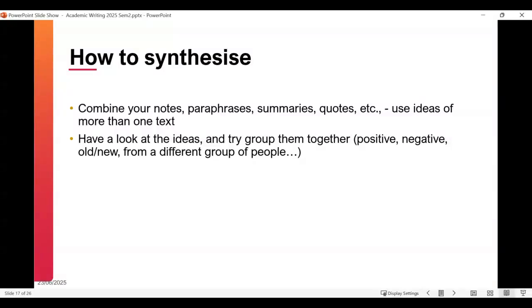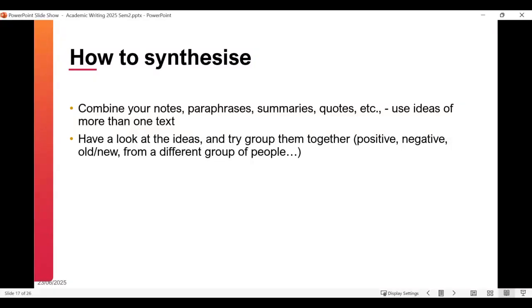And so now you want to combine all those notes, those paraphrases, some summaries, some quotes. So use ideas from more than one text. And what you need to do, and it might seem very chaotic at first, because I guess it sort of is. Sorry, so you have a look at all those ideas and you need to group them together somehow,